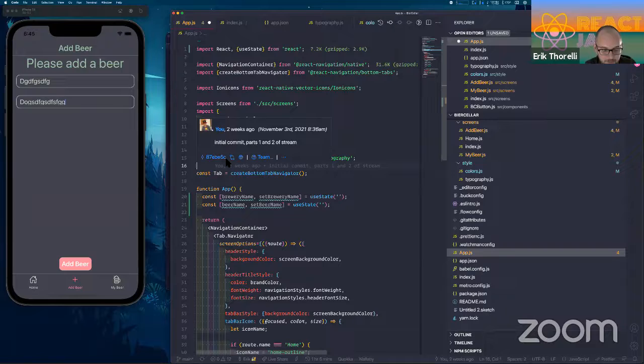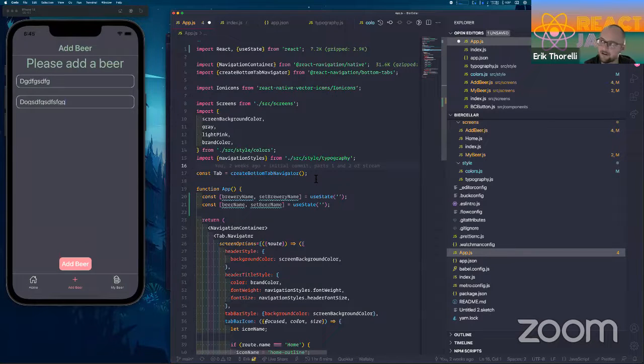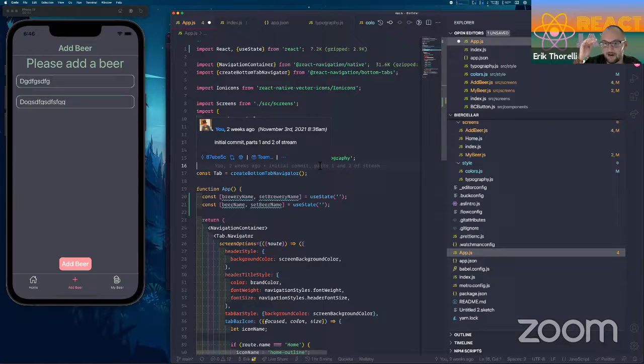In my case, it kind of depends. If I've got a parent component and I need to get this data down to a child right below, there's no reason to put it up in context or Redux or something like that. In that case, probably not. But especially if it's things that aren't